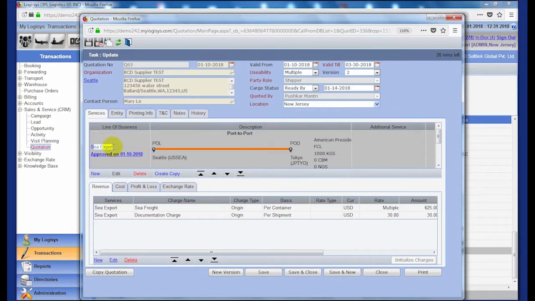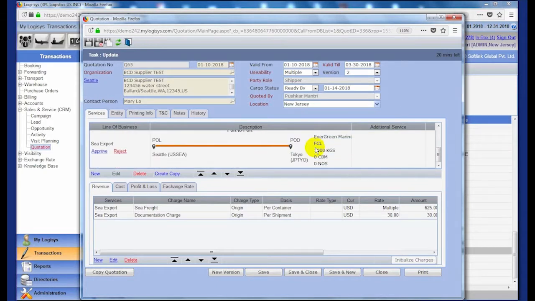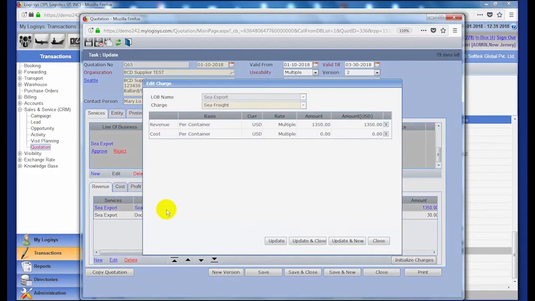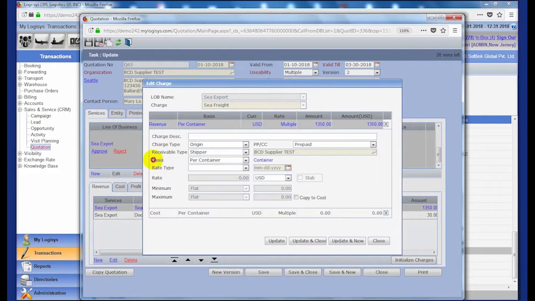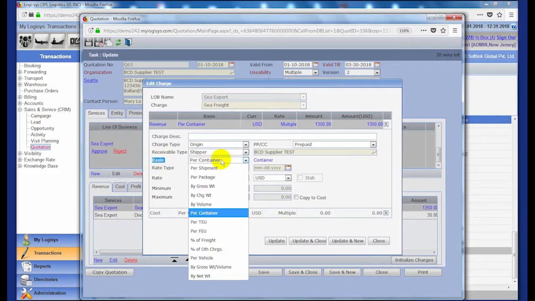So in this case, it is sea exports, moving from Seattle to Tokyo using American President Lines. Another option recorded is using Evergreen Marine. Again, sea exports, Seattle to Tokyo, but Evergreen Marine. Below, you can define your charges and the rates associated with each charge. You can define, for each charge, what is the basis for your calculations, be it per shipment,